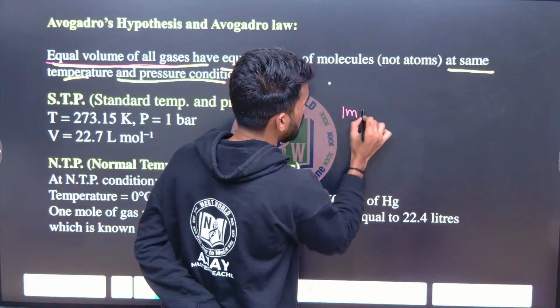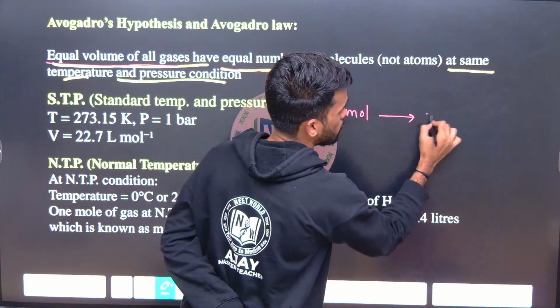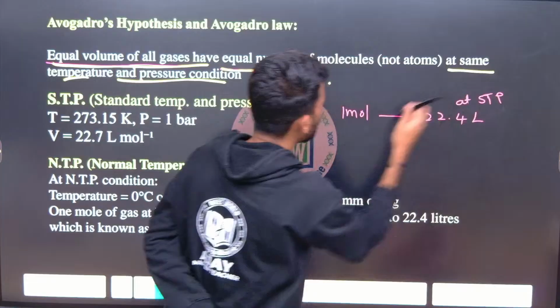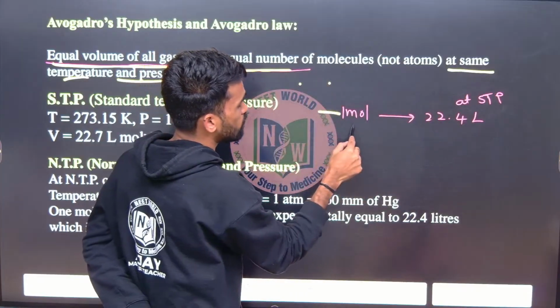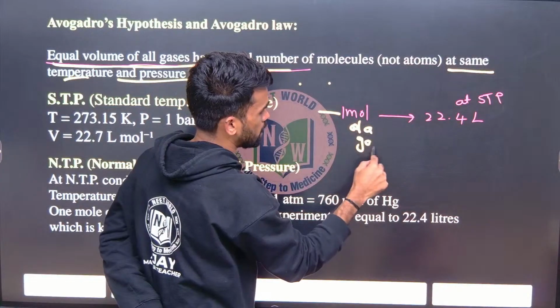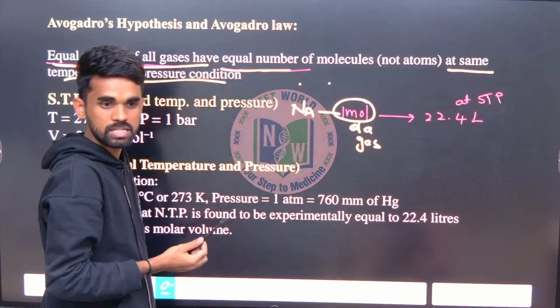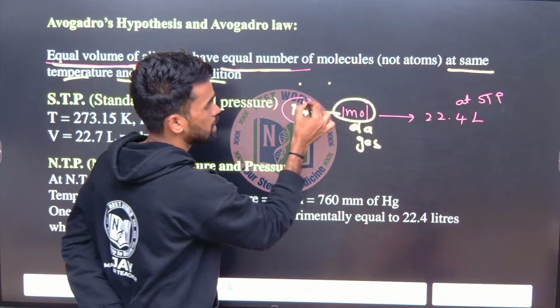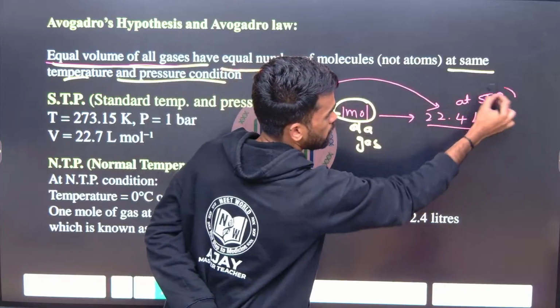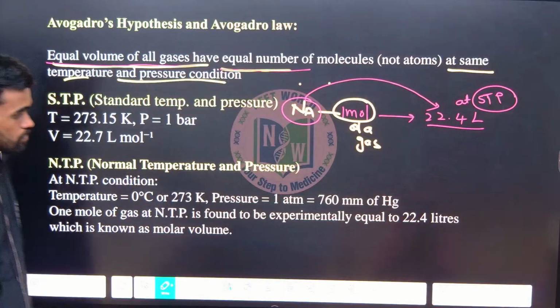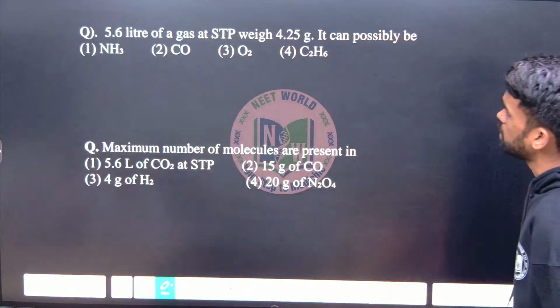Okay, so what we got as an experimental observation is what? So 1 mole of any gas is having how much volume? 22.4 liter at STP. See, we know equal molecules they are saying. So 1 mole of any gas, any substance, will be having Avogadro number of molecules now. So Avogadro number of particles will have how much volume? 22.4 liter at STP. Okay, next, NTP also same thing, 22.7. Yeah. So next here, tell me for this